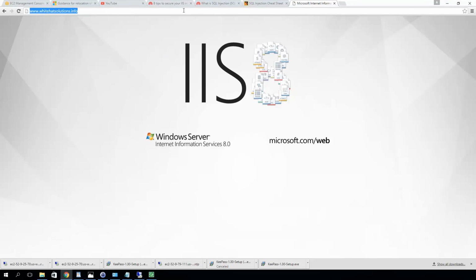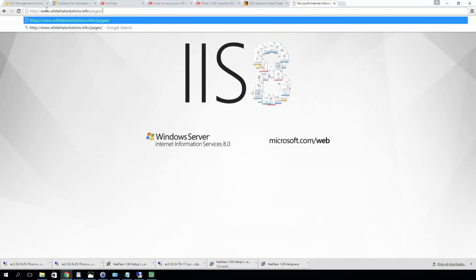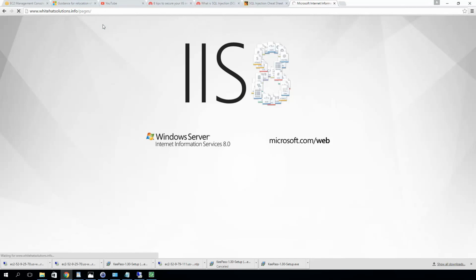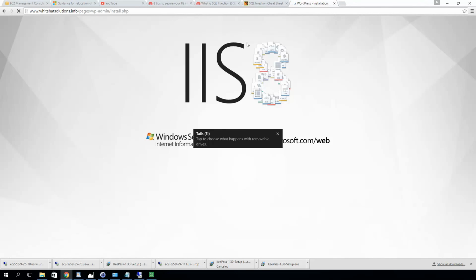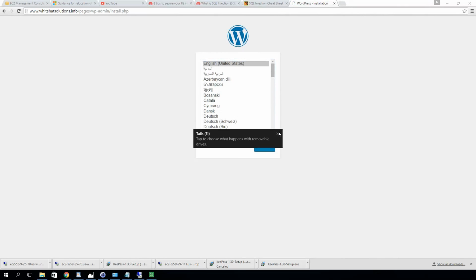and I need to go to the hostname, which is www.whitehatsolutions.info/pages, because that's what we set up as the application name, pages. I'm just going to close this off, sorry about that. Okay, once it's loaded up, you can see now that WordPress is ready for installation. So we can just continue,